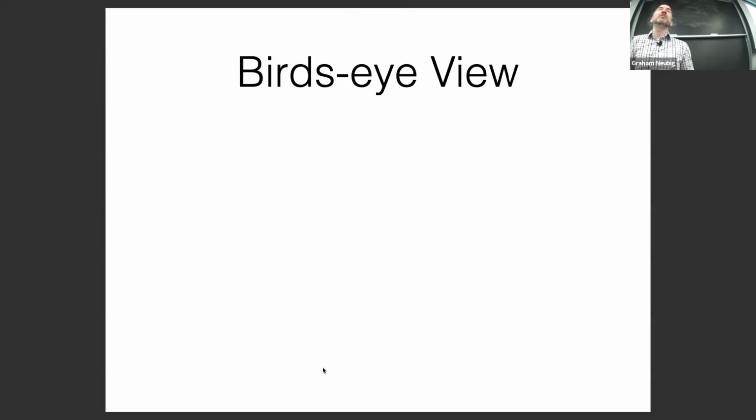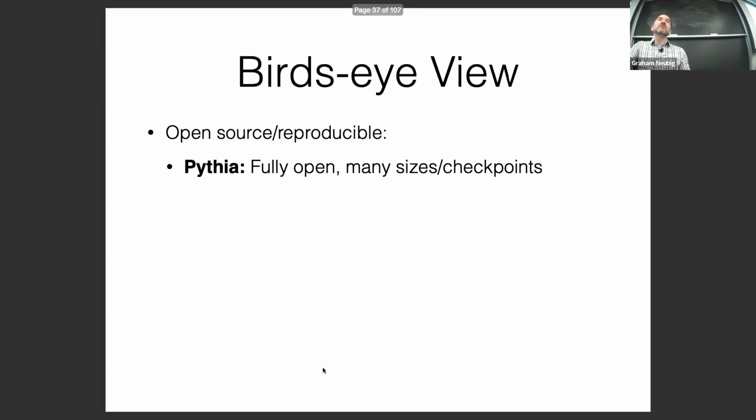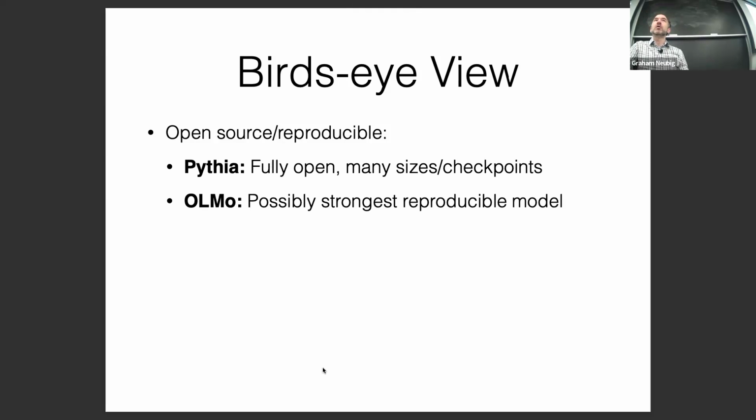Next I'm going to talk about open models. First, a bird's eye view. I'm going to talk about 5 different models, and I picked them for a reason. The first 2 are open source and fully reproducible, namely Pythia and OLMo. The reason I want to talk about these is we know everything about them, including what data they were trained on and what their training procedures are. You can download all the stuff, so you can know exactly what goes into making a strong model. Pythia has many sizes and checkpoints, which is pretty interesting, and